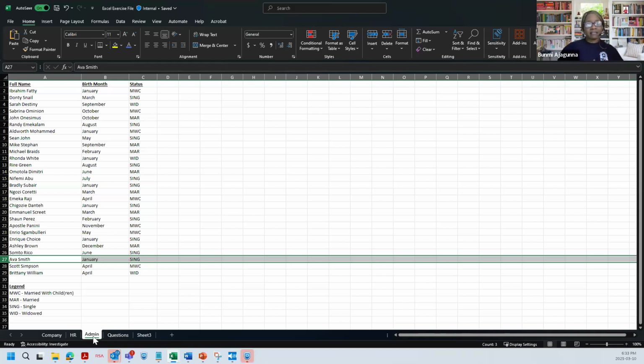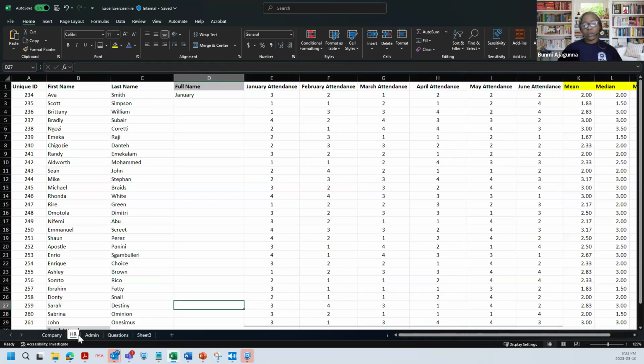Because the assignment I have as an HR person right now is to bring in the birth month for all the employees into one spreadsheet. However, my source is not showing in the same way as I exported the file. How are we going to do that? There are two ways. It's called concat or concatenate, or just the and, because we want to bring Ava and Smith together to be one, to be the full name. I'll show you the different ways.